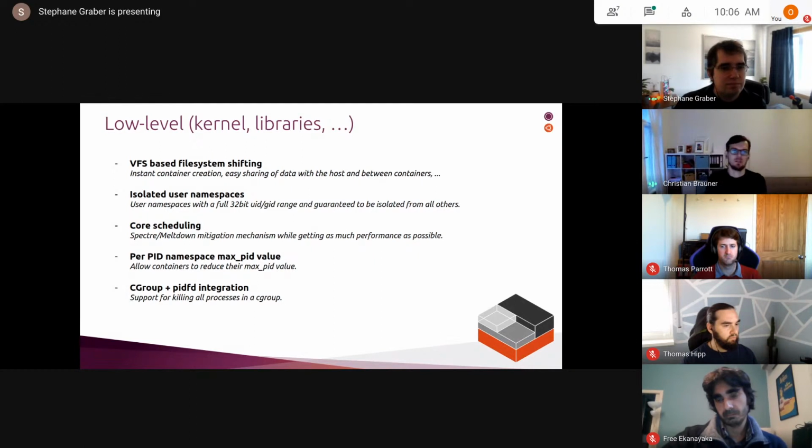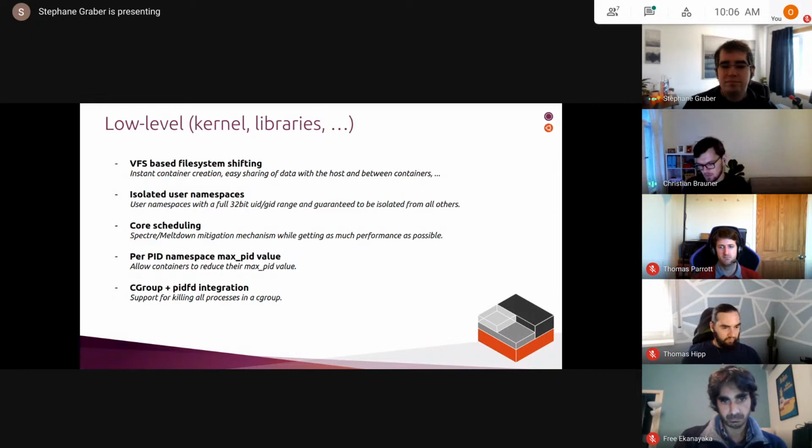And last but not least, one thing we've been thinking about for a while, and I haven't made my mind up completely whether or not this is usable or easily doable, is cgroup and PIDFD integration, so that, for example, you can specify to kill all of the processes inside of a cgroup based on a PIDFD. Is this something that's also been requested by systemd? Maybe there's a better way of killing all processes in a cgroup. Basically, we don't want to iterate through all the processes in a cgroup and kill them.